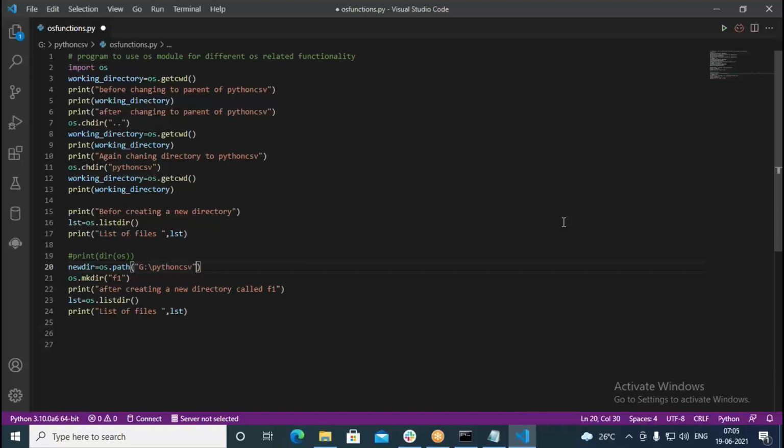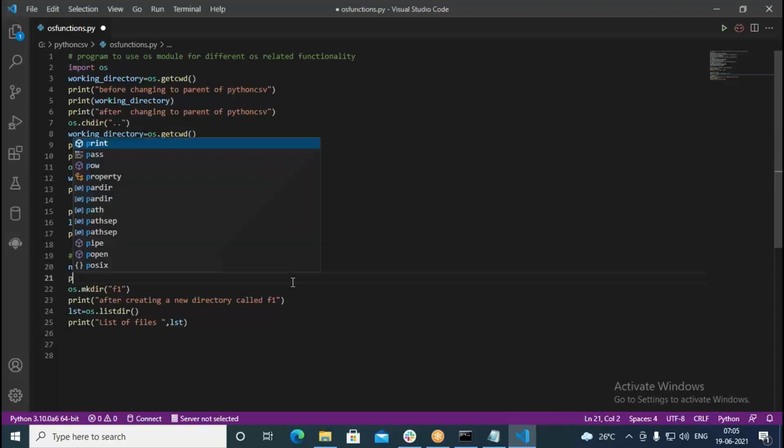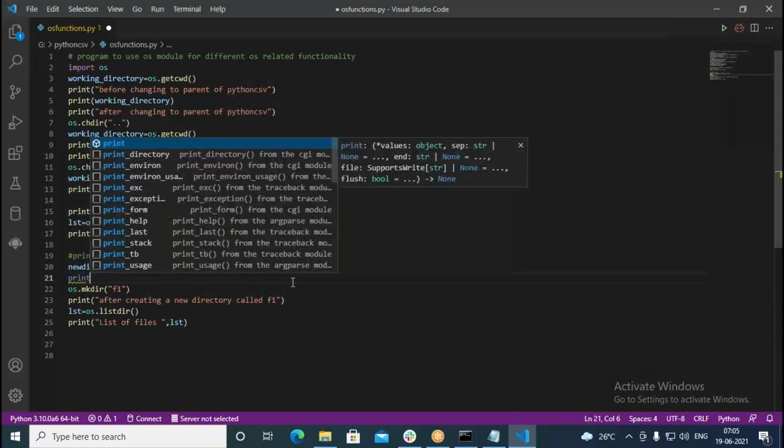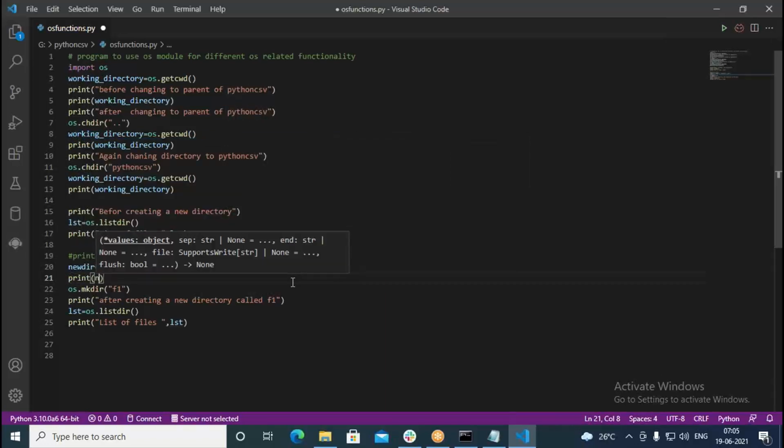Then what we do here, we combine. What we combine exactly? The F1 also we should combine here. Put F1. We are going to combine both the things. Then we check if it is available or not. So we even print that. Print right here the new dir.